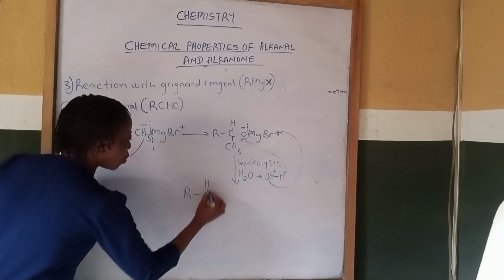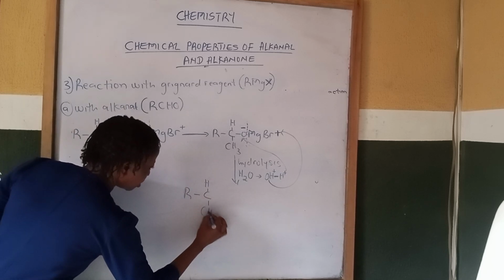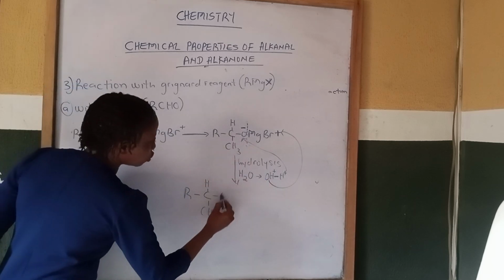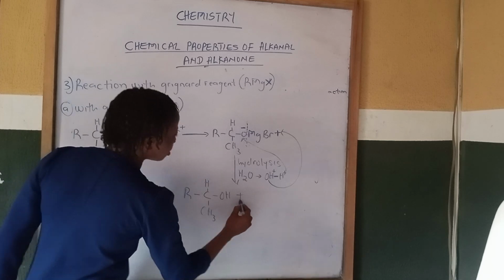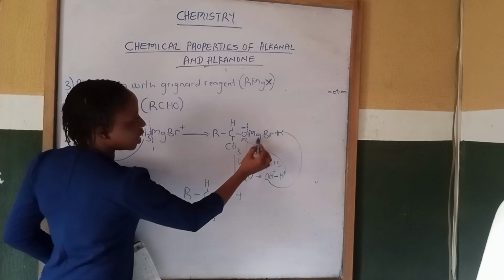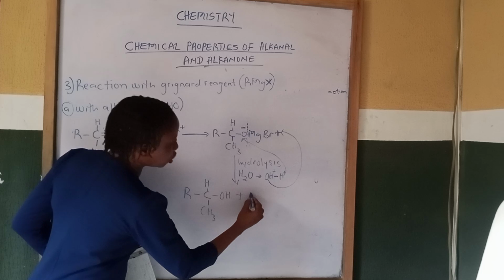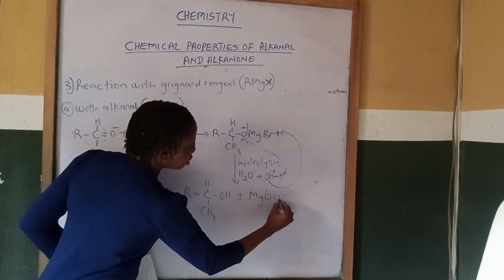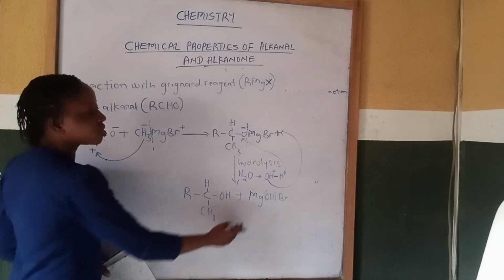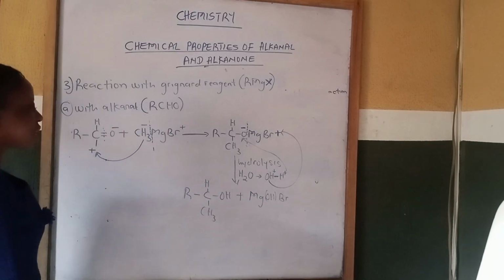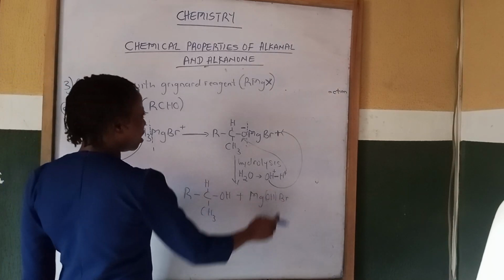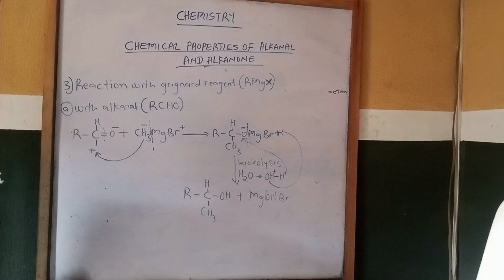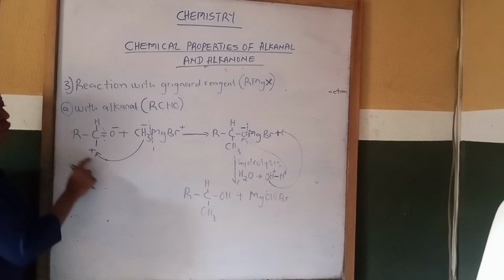then hydrogen up, then CH3 down, then oxygen here we combine with hydrogen to give us OH, then plus MgBr we combine with OH to give us MgOHBr. This is what? A basic salt. So it will give us an alkanol and a basic salt. So let's take a known alkanal,